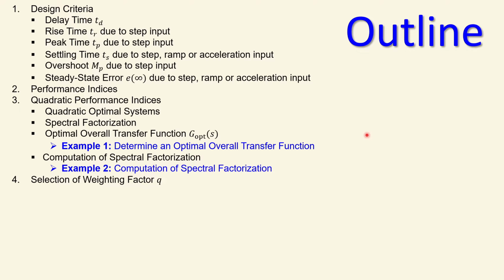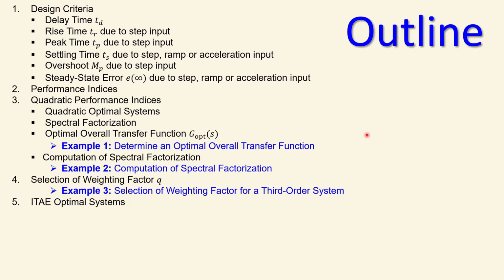Now the fourth topic is the selection of the weighting factor, which is what we will use when we have a performance index. Again, we will give an example here, the third example, of how you select such a weighting factor specifically in a third order system. Then we will move on to one of the performance indices that is used most often, ITAE